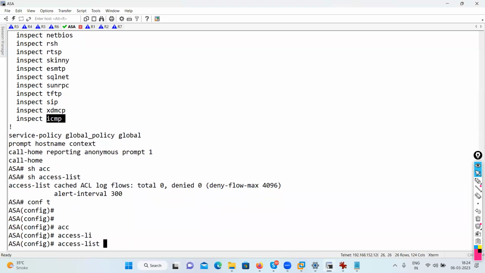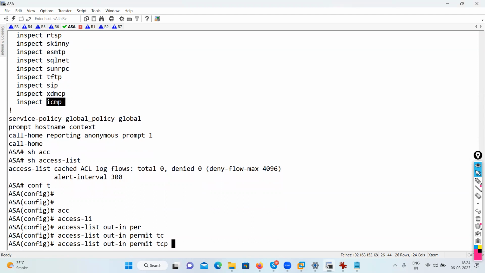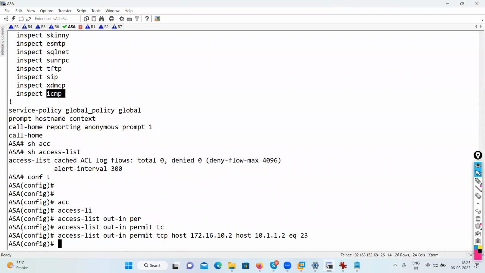Access list out-to-in permit TCP, say host 172.16.10.2 towards host 10.1.1.2 equal to 23. And then I have